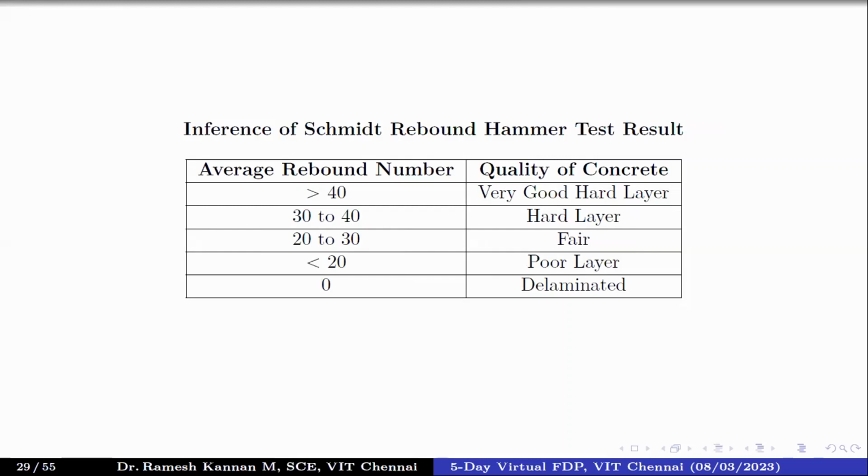In that case, we probably don't consider that as delaminated, but instead repeated trials in the nearest locations can also yield sufficient resistance, because the overall values we take as an average. So if you have a lesser value, the law of averages plays a huge role. So I'll explain that.